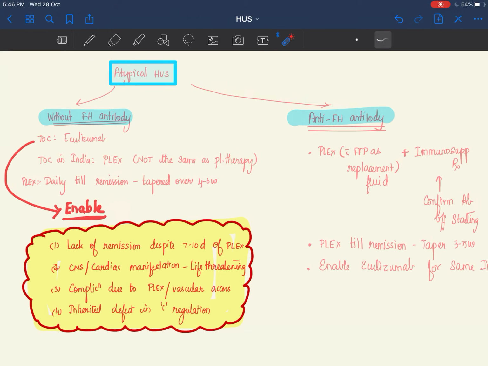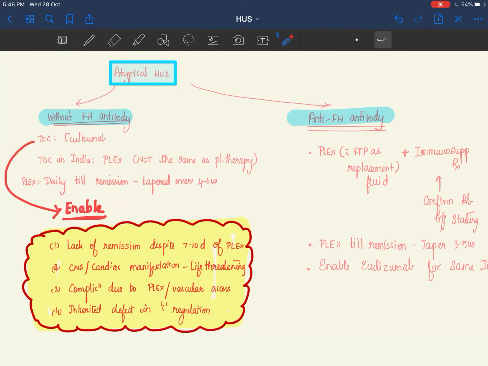So the treatment of choice here, or first line of treatment, is plasma exchange. It is not the same as plasma therapy. So you give plasma exchange daily till remission and then you taper it over 4 to 6 weeks. Do you try to give eculizumab in certain situations? Yes. 4 conditions. One is